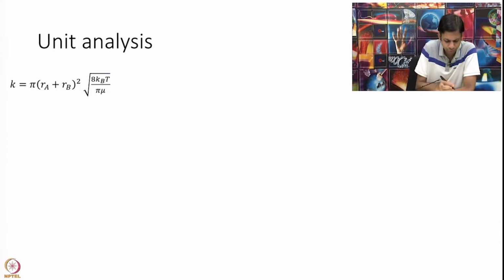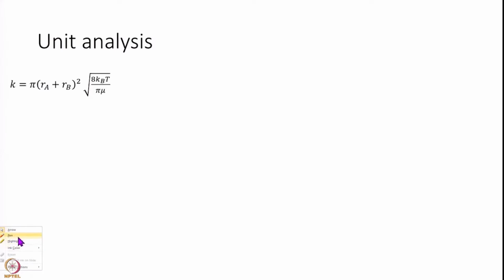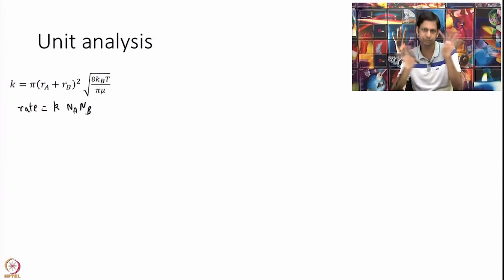So, I have got this rate constant, and of course, the rate is k Na Nb. I want to spend just a few minutes and think of dimensions or units, just to make sure that our final result makes sense, that there is no catastrophe that has happened in my whole proof, everything is still logical, everything is still sensible. That is always a good check. Anytime you have derived something, make sure that the end result is something that you can verify. One of the most important things that we often do is dimensional analysis.